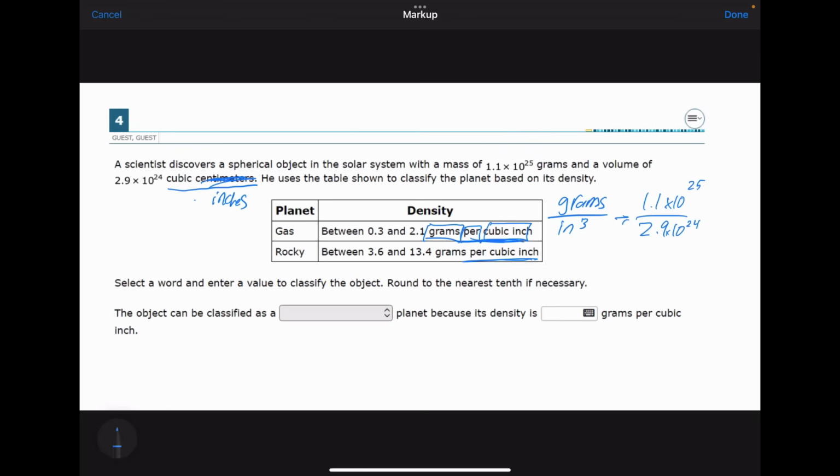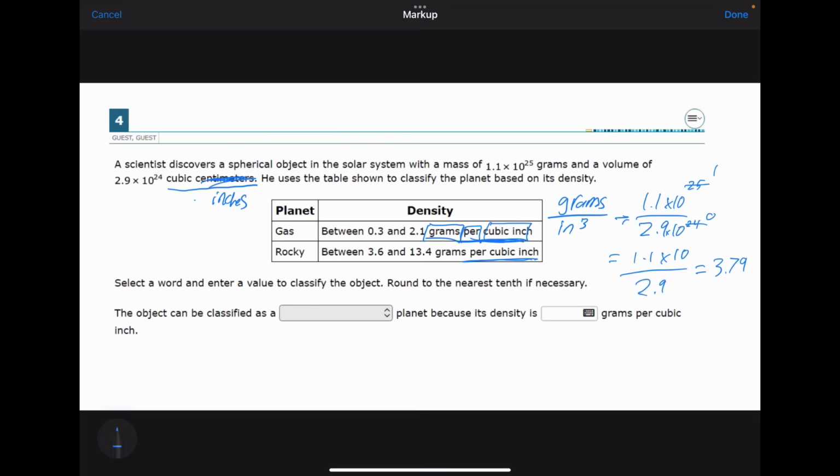And we know from algebra that if we have 10 to the 25th over 10 to the 24th, this is going to cancel the 1, and that's going to cancel the 0, which will leave us equal to 1.1 times 10 to the 1, or just times 10, over 2.9 times 1. 10 to the 0 is 1. And now, if you were to plug that into your calculator directly, you're going to get an answer of 3.79,